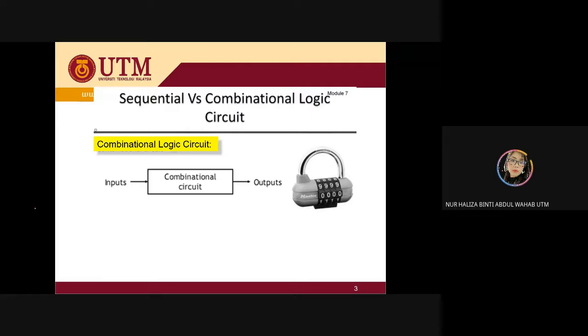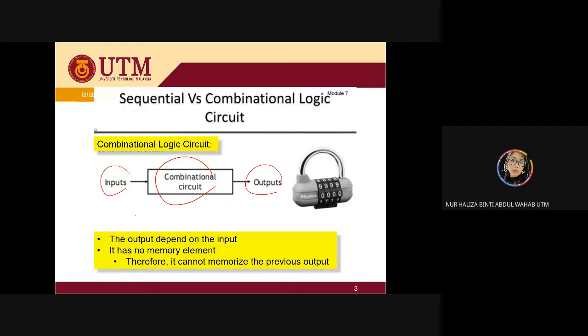So let's proceed. I have now here input and I have output. This is the combination circuit. Whatever input is going to generate my output depending on the input. So no memory. Therefore cannot memorize your previous output. Done. So you need to know about the